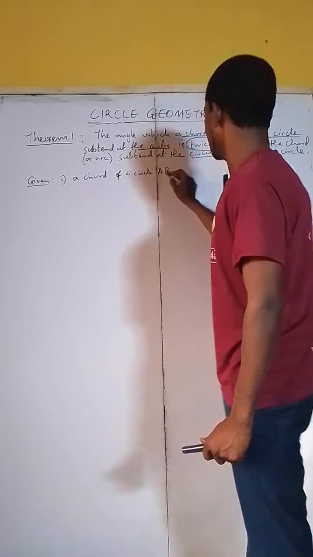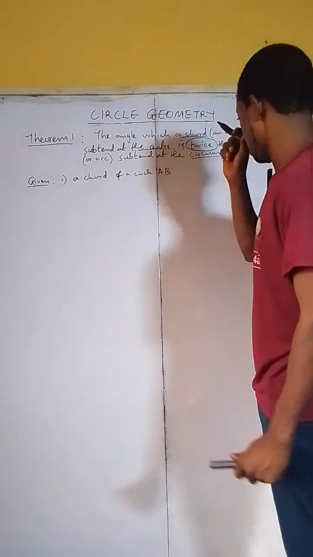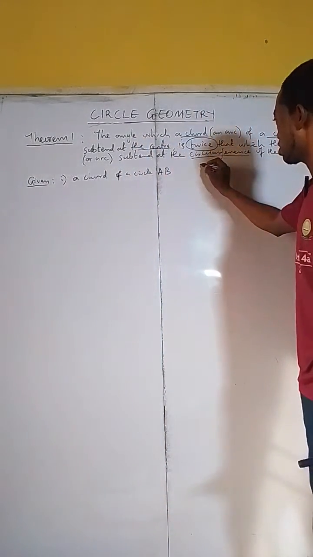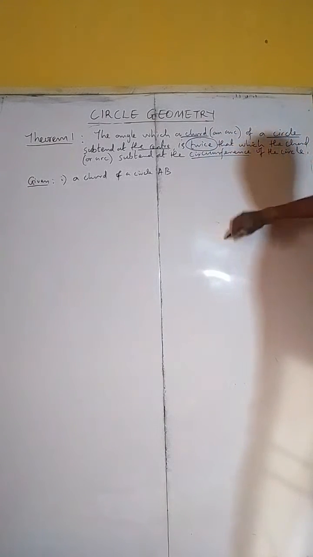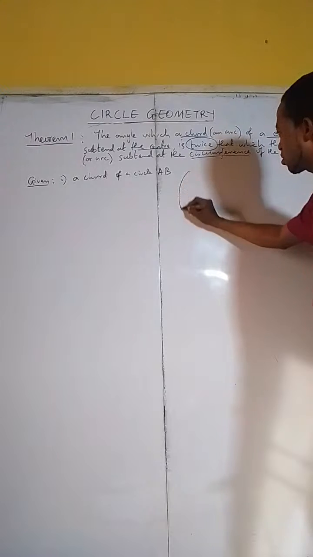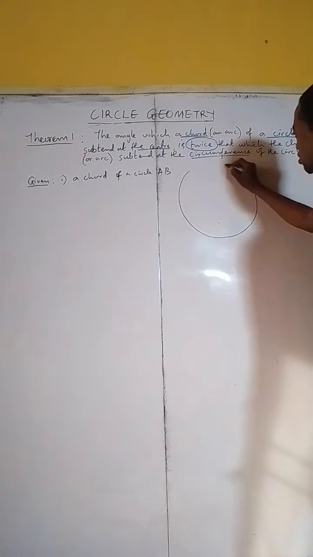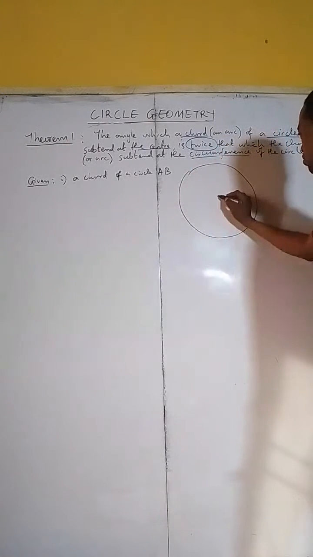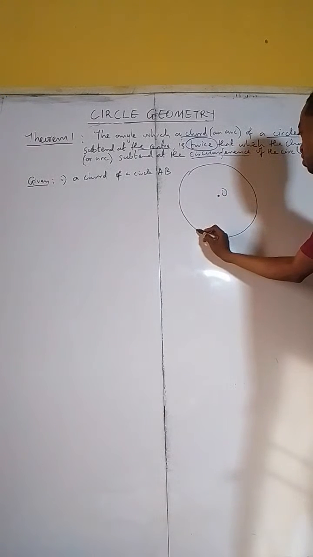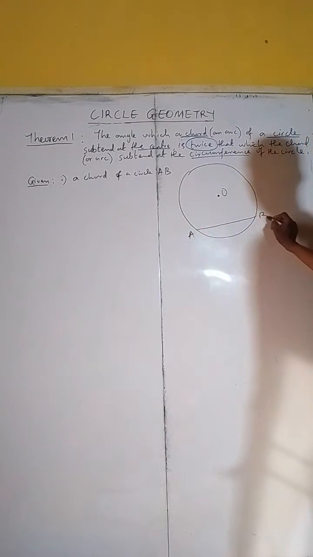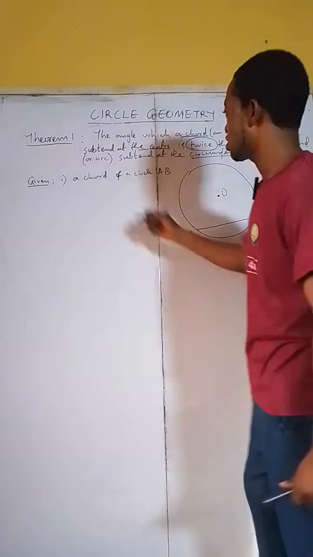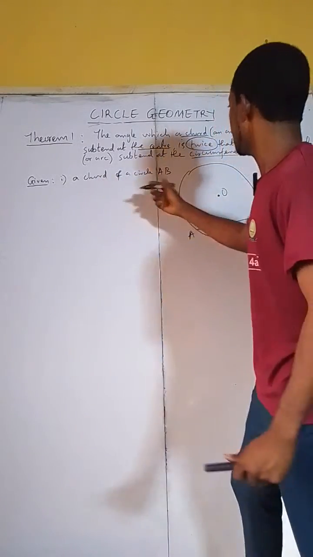So we can draw that. Let's make the diagram. So we have the center O of the circle. Let's have the chord this way, and let's call it AB. So we have a circle with center O, a chord AB, and also we have